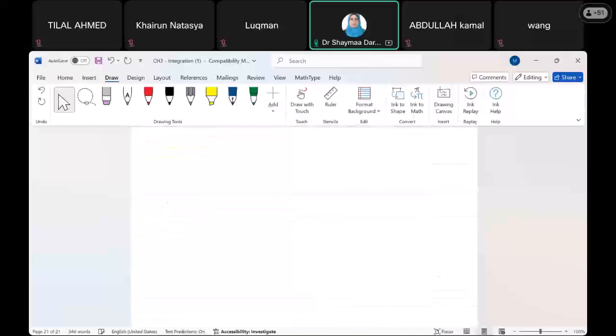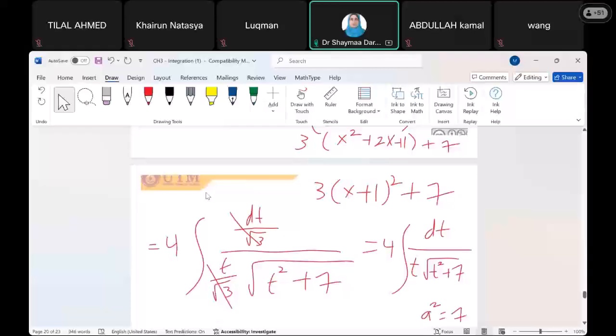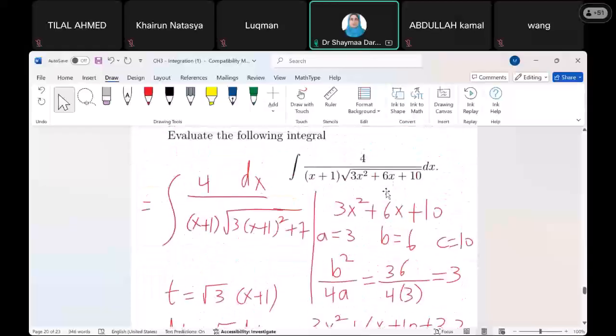Usually in any exam, you will have one question for the formulas, at least one question, if not two. So you have to be sure that you understand how to use the formulas. This one is from last year's exam. So we need to learn how to apply the formula. Okay, another example,